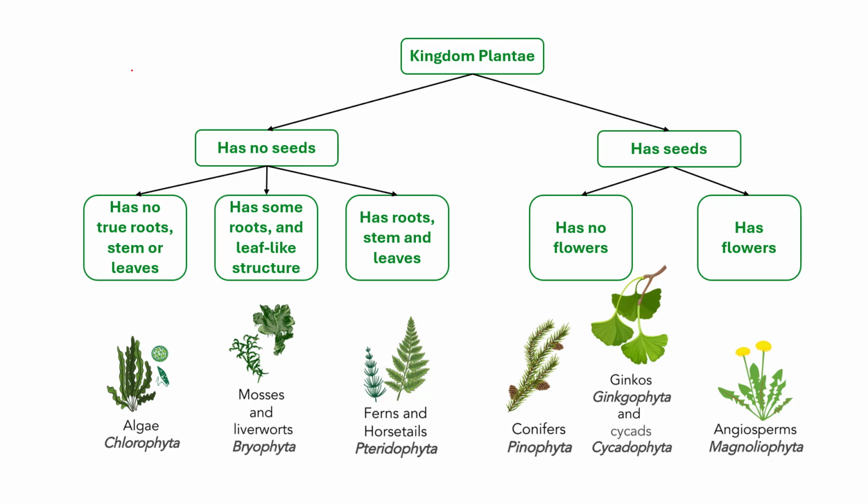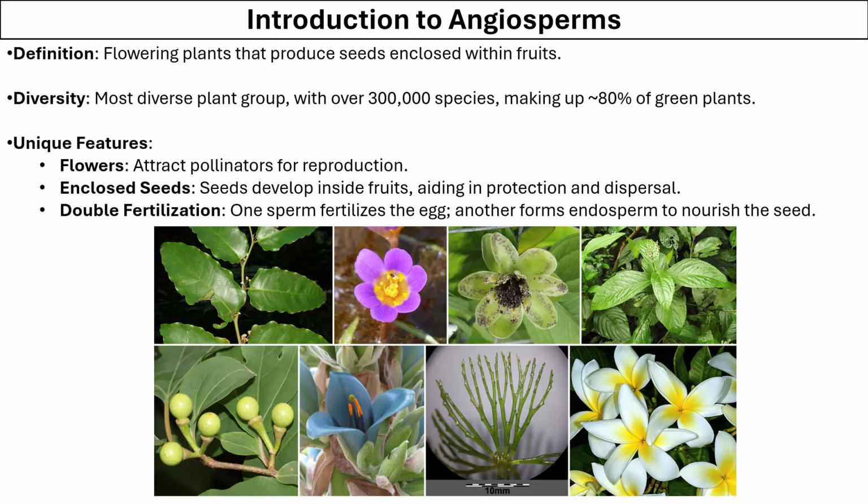Among the seed-bearing plants, we have already studied gymnosperms, and now we'll be studying angiosperms that not only have seeds but also have flowers and fruits. So angiosperms are the flowering plants that produce seeds which are enclosed in the fruits. These are the most diverse plants in the kingdom Plantae, with over 300,000 species and making up to 80% of